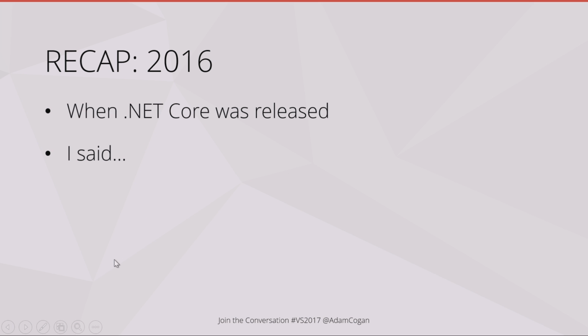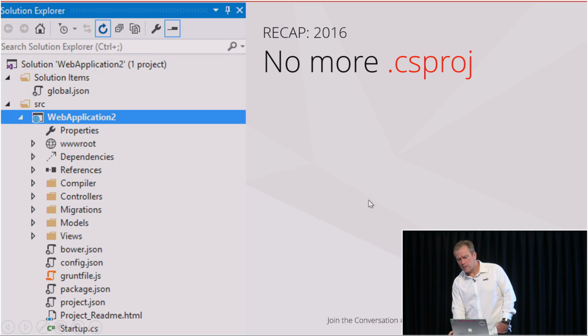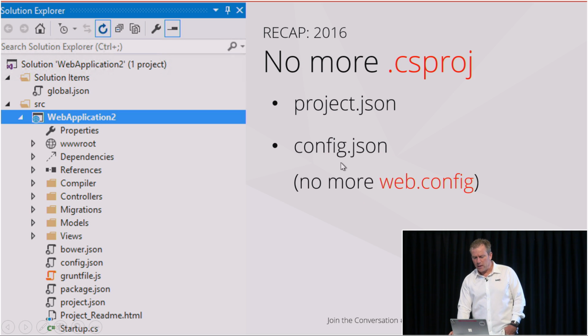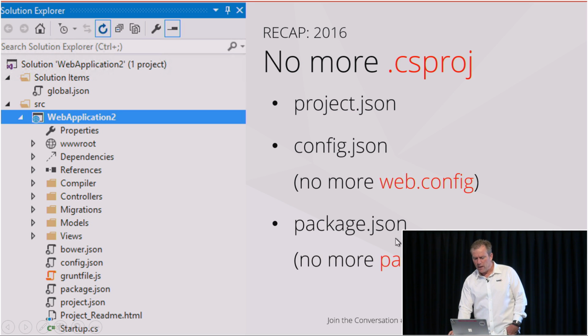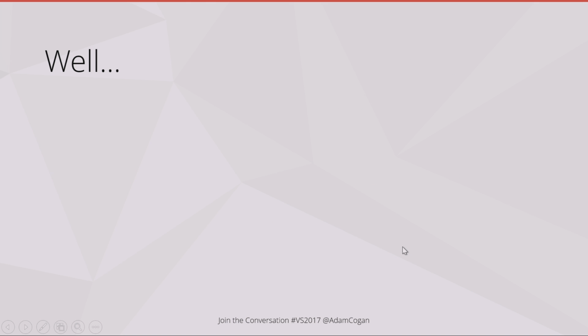Anyway, so in 2016, when it was released, I said, all right, this is how it works. You've got this new project. You can see some different file types. One of the things you're going to be aware of is there's no csproj. Csproj is gone. We're using project.json. Forget about XML. We're JSON all the way. Forget about web.config. It's config.json. Okay? Forget about packages.config. We're going package.json. All right, so